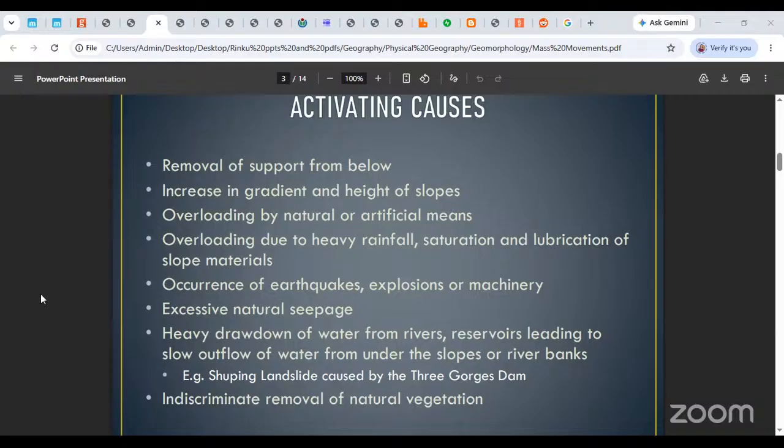Heavy drawdown of water from rivers. Now this is a very complicated thing, but you pay attention. Okay, pay a little attention. We are saying this is a reservoir. You understand the reservoir, like a tank. It is a huge container sort of a thing which we have built to contain the water of the river. It is kept behind the walls of the dam or behind the sluices. Once the sluice gates are open, then clearly the water is let out. You understand the construction of a general dam, right? So we are saying this is the reservoir.